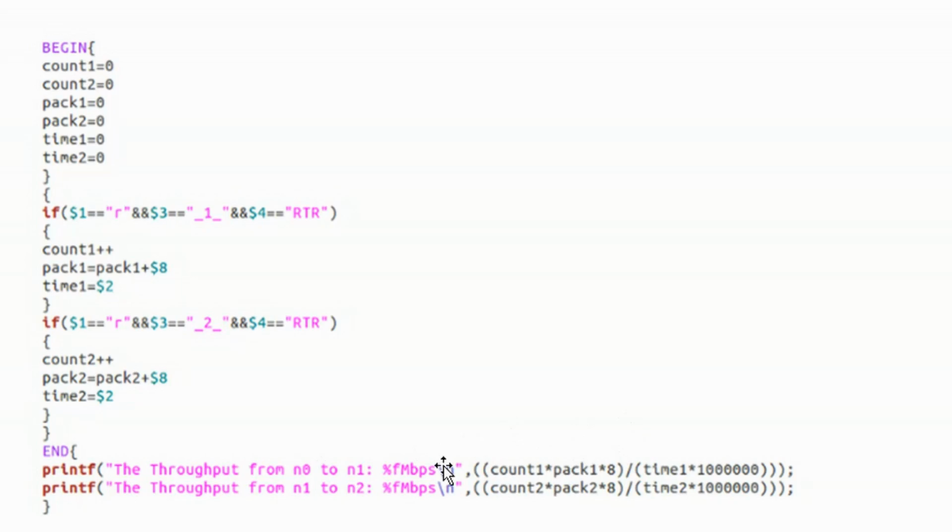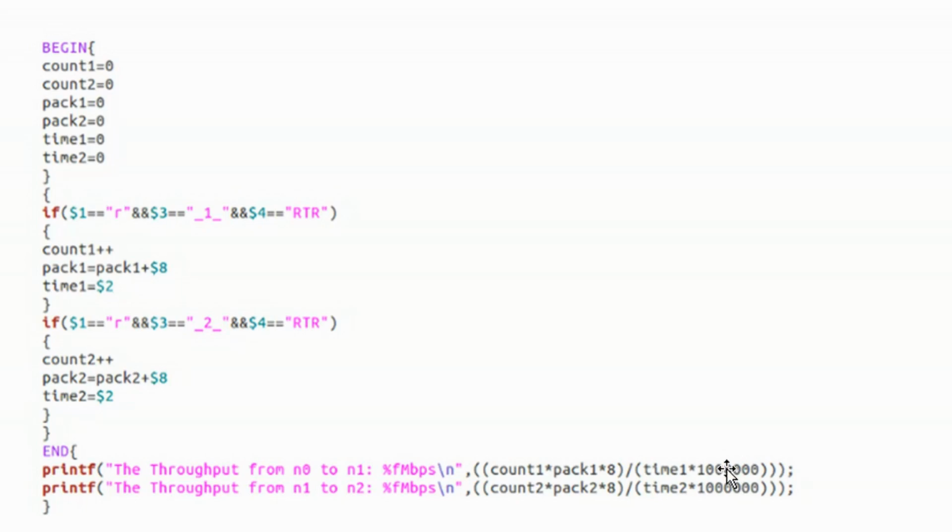If I calculate the multiplication of count, packet and then 8, I get the total bits of transmission, right? Bits per time, whatever time I have taken, and time into, this is in mega, right? That's why I have this number here, 1 followed by 6 zeros.